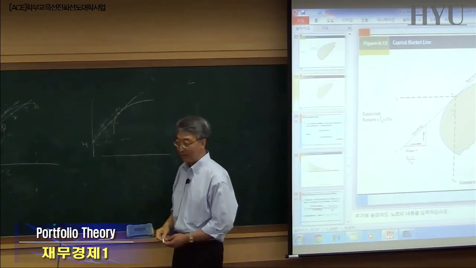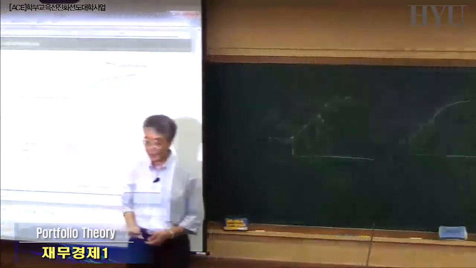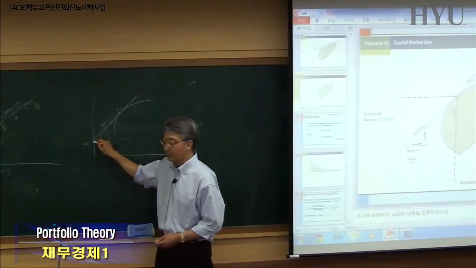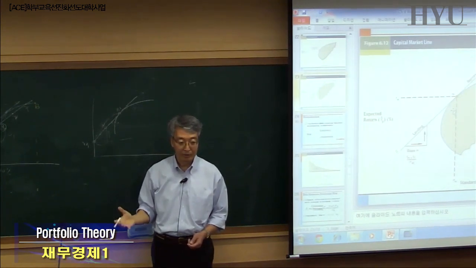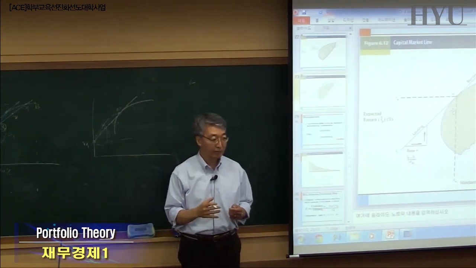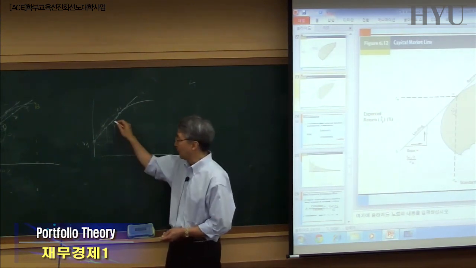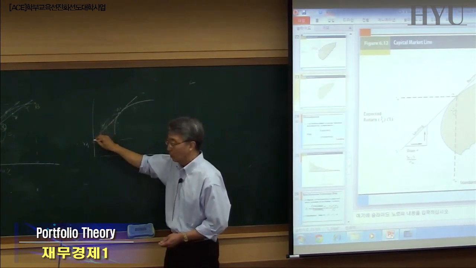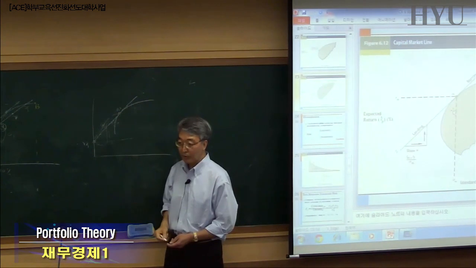Here's another concept here. It says lending, borrowing, right? So think about it. If you put 100% of your money into the T-bill, then you are lending 100% of your money to the government, right? If you buy a T-bill, a government bond, that means you are lending your money to the government, okay? That's why it says lending, right? So if you are doing 50-50, that means you are lending 50% of your money to the government, and you are investing 50% in this portfolio, right?